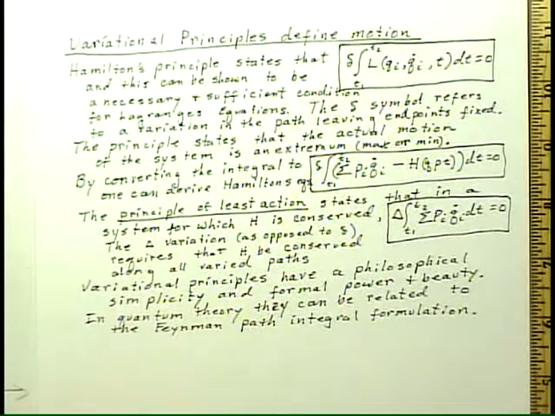The variational principles have a philosophical simplicity and a formal power and beauty. It tells us really that as we look at the actual motion that takes place, something is an extrema. It's either a minima or a maxima. And psychologically, that's very satisfying. In quantum theory, this can be related back to what is called a Feynman path integral formulation. And in that Feynman path integral formulation, we find that